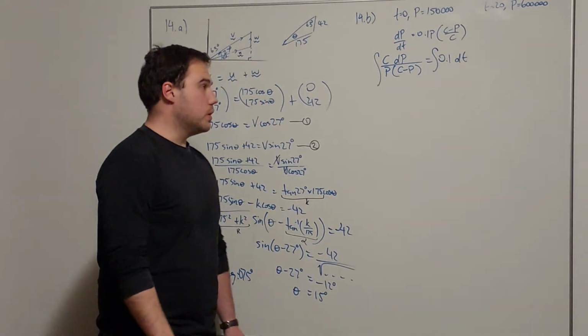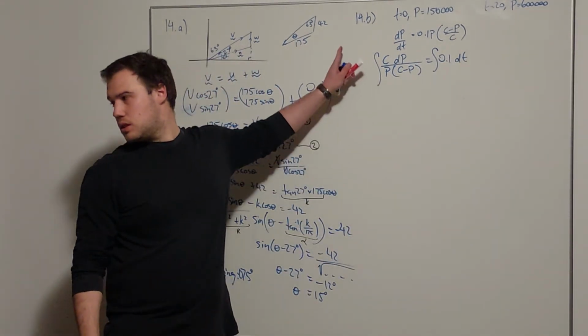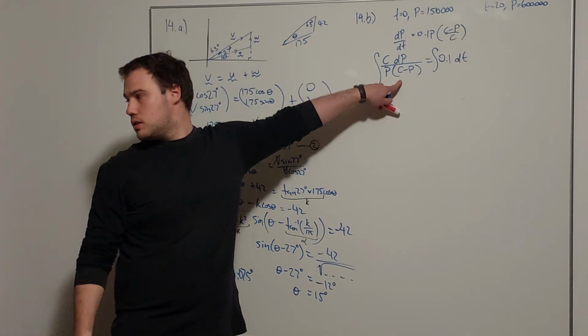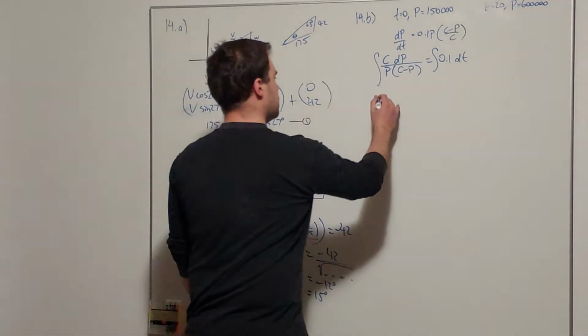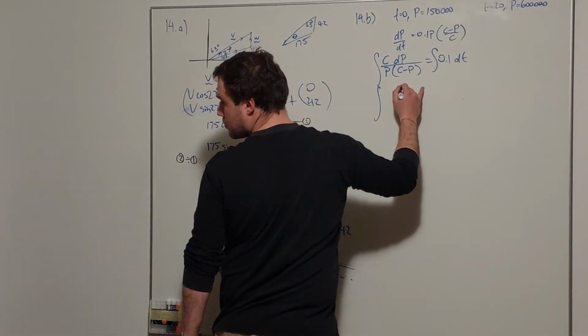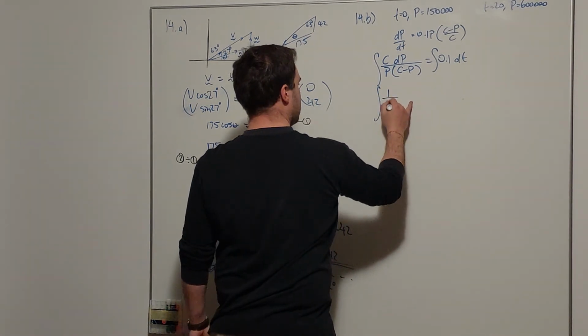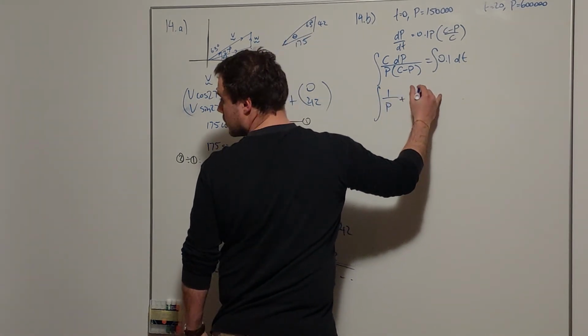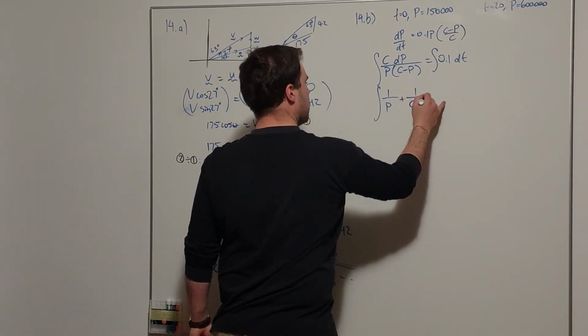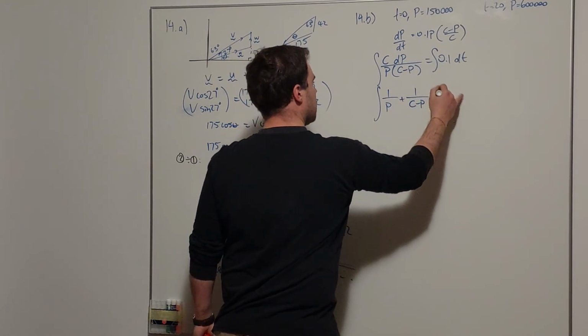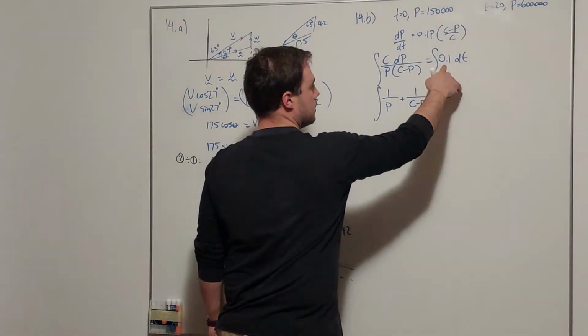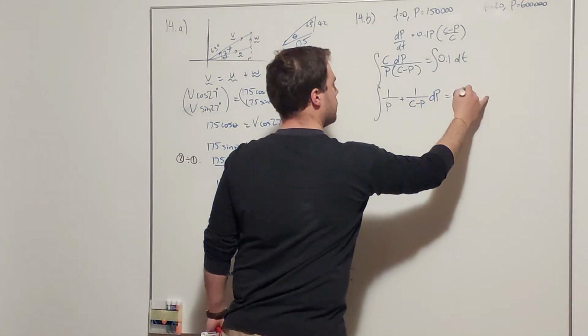Okay, and then in the question we're given that this bit, P(C minus P), is the same as 1 on P plus 1 on (C minus P), equals, we can start getting to work on this,